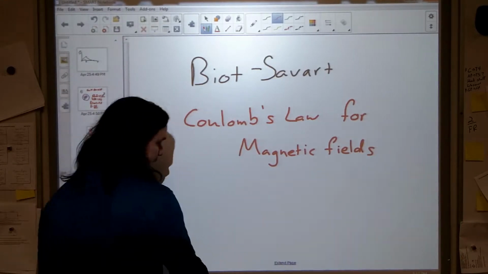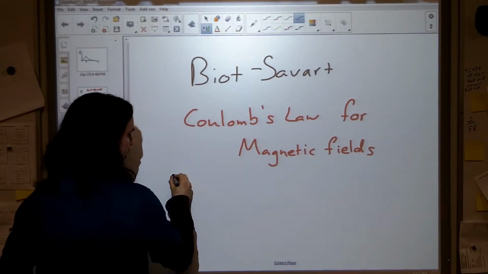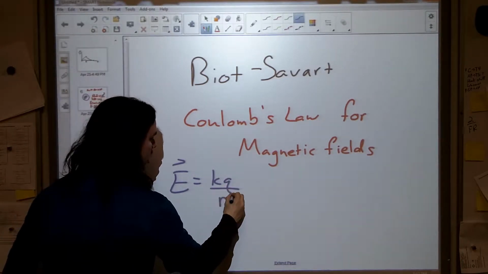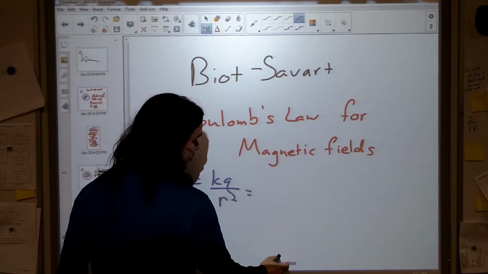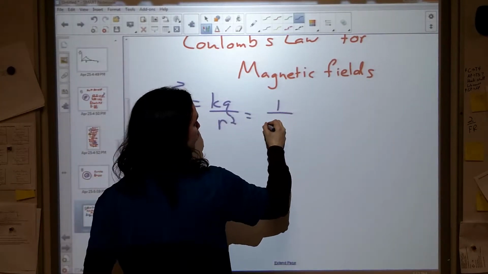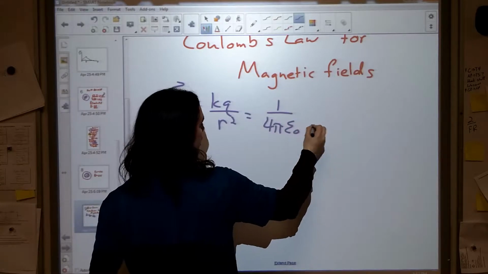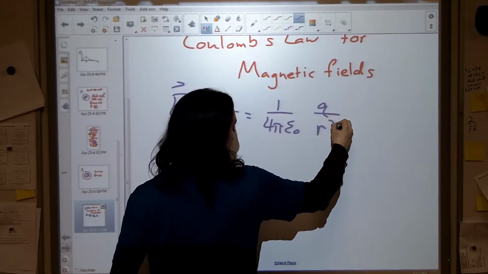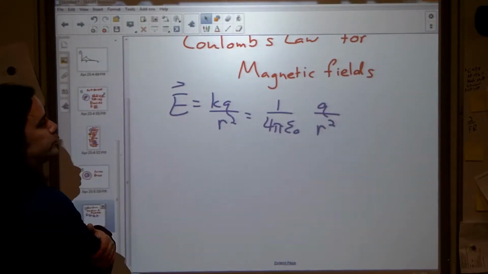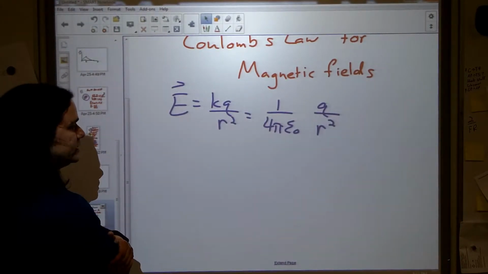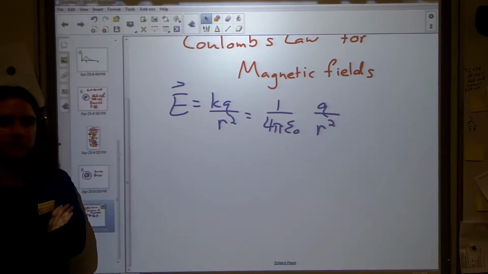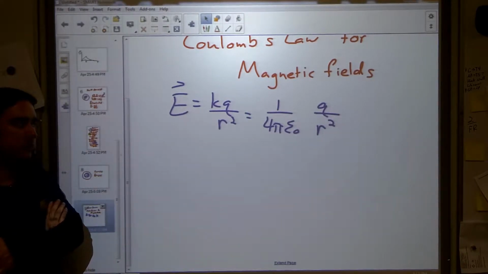Now with Coulomb's law, at least in its field form, we found that the electric field was equal to kq over r squared, or written in the more appropriate way, I suppose, 1 over 4 pi epsilon naught q over r squared. What we're going to do is something similar for magnetism. However, we're going to find that it becomes much, much more complicated, because magnetism is, in many ways, much more